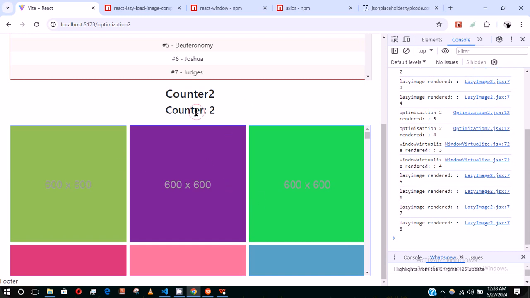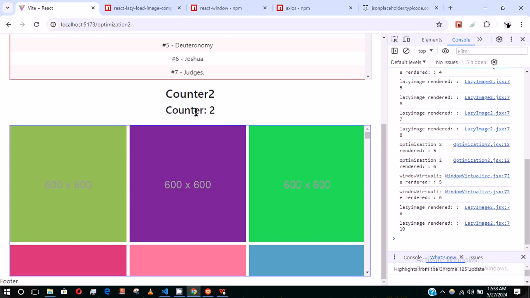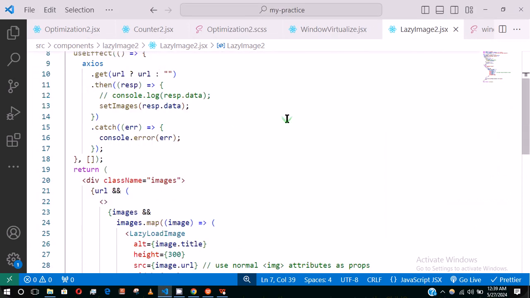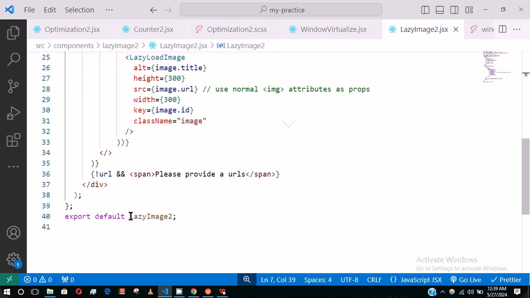So let me click again. So you see it's still rendering. It's rendering the 9, 10 now. Here again, I see 11, 12. Now for a state change that only affects the optimization and the counter, but you see that it's affecting this guy that is in the load image. So in order to fix that error, we come to the lazy load image and add this